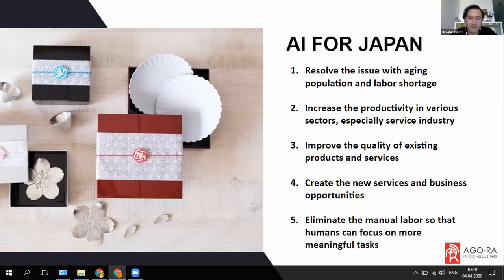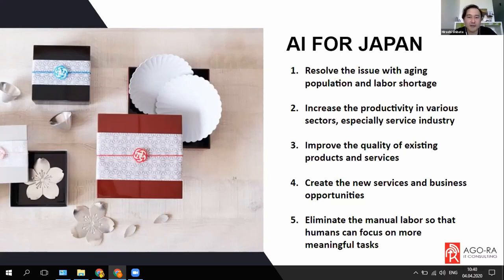I think a couple of years ago, they started accepting not only skilled workers, as in IT or finance, but also manual laborers. So this was a significant change for Japanese society. We started seeing people from other countries working on construction sites, and previously we didn't see that, but it's changing. Still, AI can contribute to decreasing the labor shortage, and also